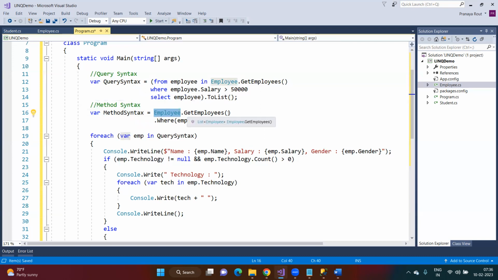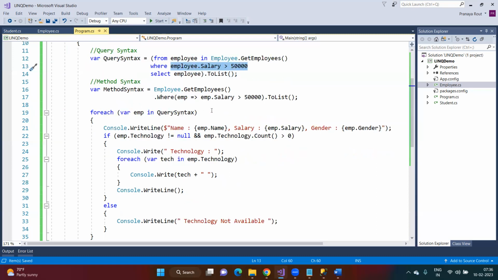So here, this is my data source and this is my condition. But at this point, I have not executed the query. If you want to execute it, you need to call the toList method. That's it. Here I'm specifying the salary condition using a lambda expression, using the employee.Salary property. Once you execute this, it will print the employee name,